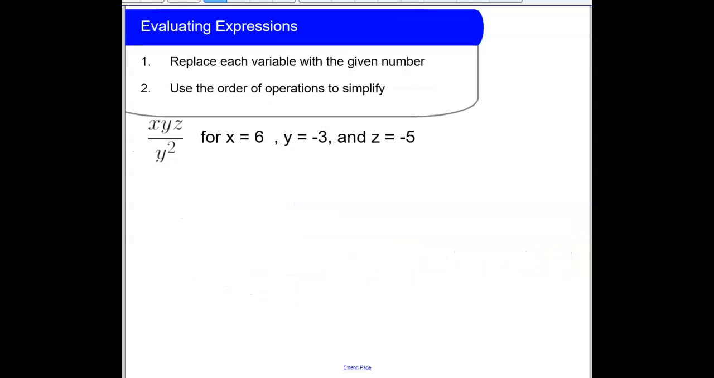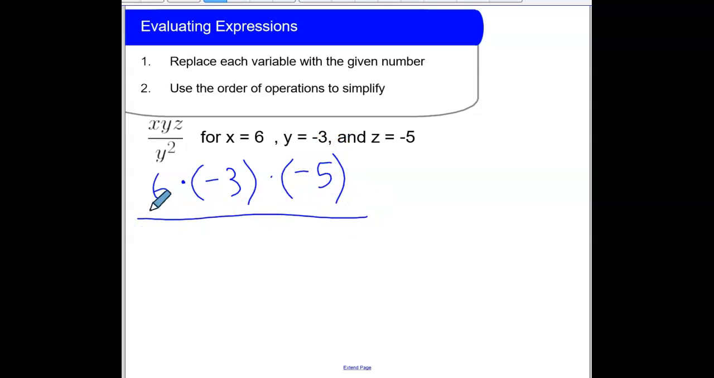Now I want to evaluate these expressions. All that means is I have variables in my expression. I'm going to take out those variables and replace them with the numbers that are given. So xyz over y squared. First step, substitute. Take out the x, put in a 6. I'm going to multiply that because two variables together means you multiply. 6 times negative 3 times negative 5